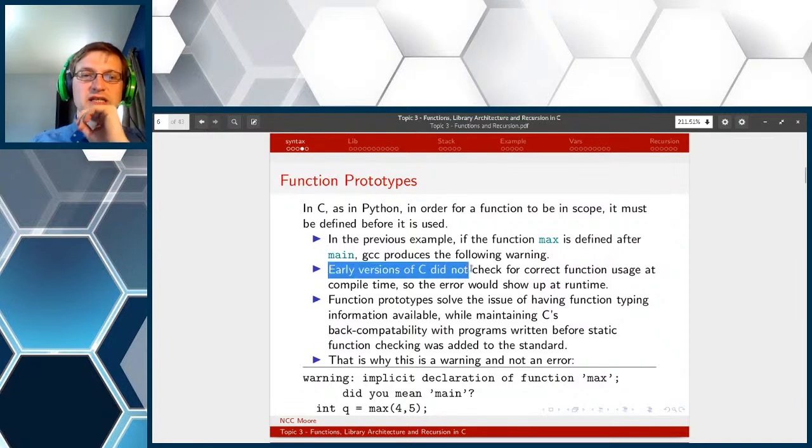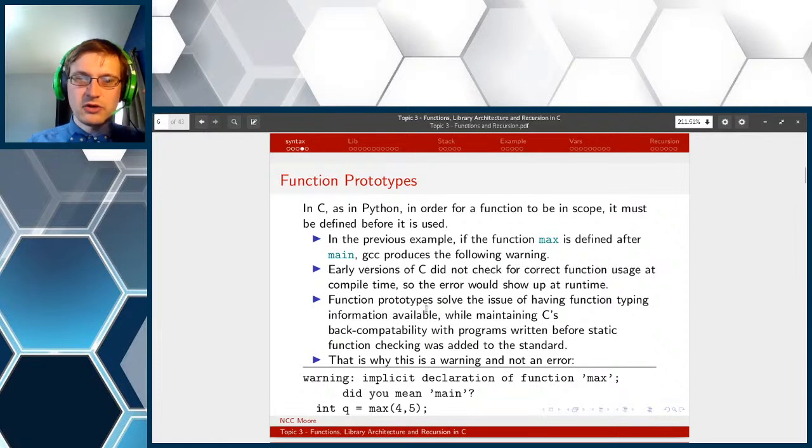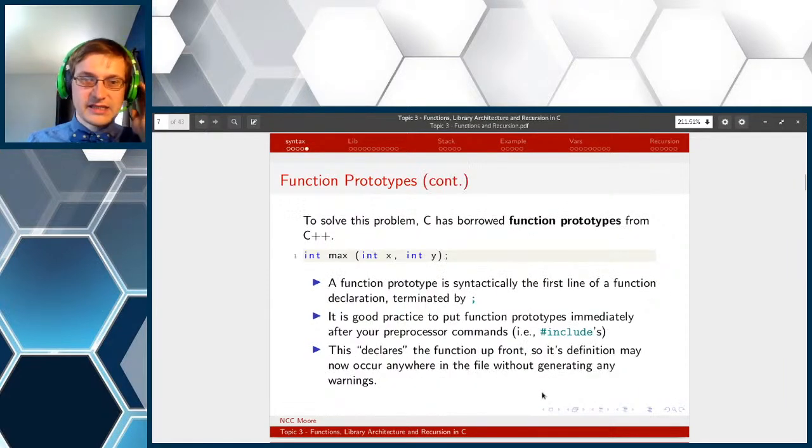Early versions of C did not check for correct function usage at compile time, so the error would show up at runtime instead. Function prototypes solve the issue of having function typing information available while maintaining C's back compatibility with programs written before static function checking was added to the standard. This is why this is a warning and not an error. So, in essence,